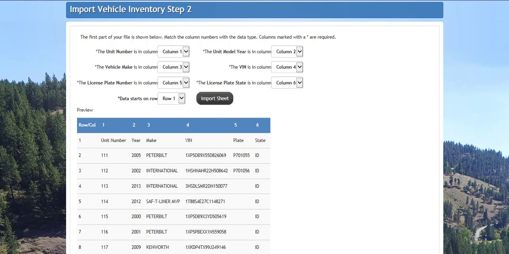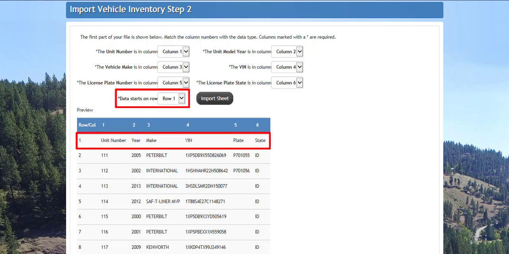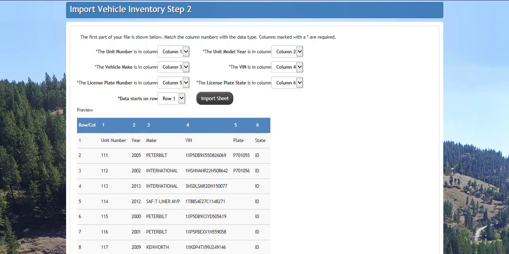You will also need to indicate which row your information starts. In this example, row 1 contains the column headers from the uploaded spreadsheet. Therefore, the vehicle information starts on row 2. Select row 2 from the drop-down list. Once you verify that all the information is correct, click the Import Sheet button to proceed with the vehicle import